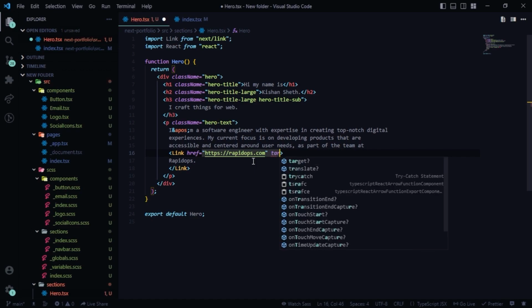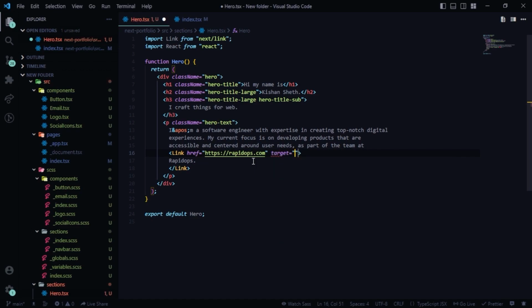Let's give it target, and this is going to have _blank. Class name would be link. That's it. And after this p we'll have a div with a hero button,